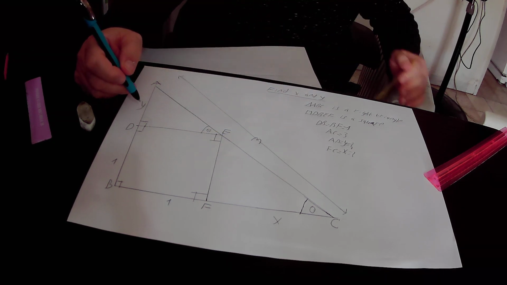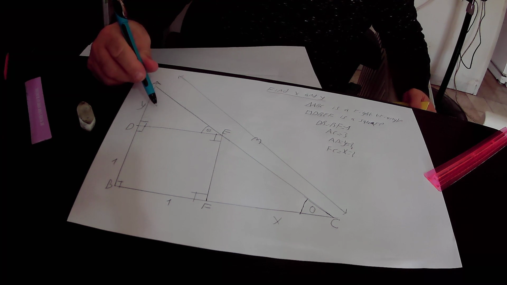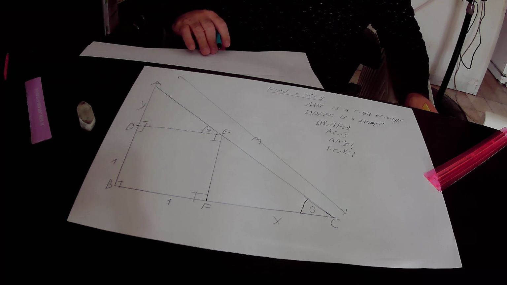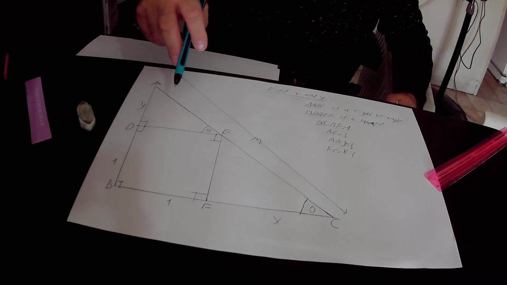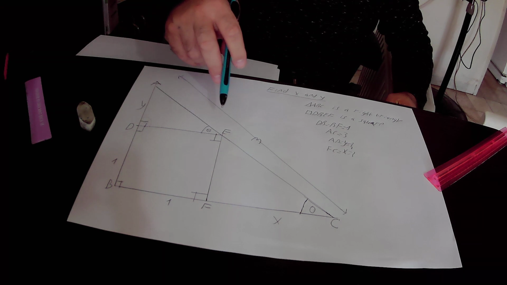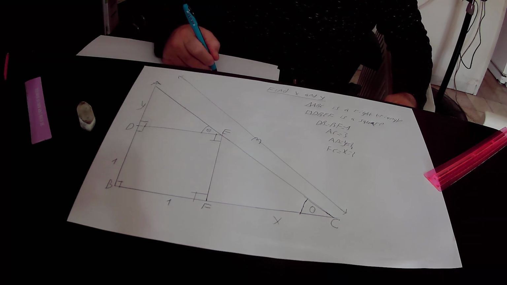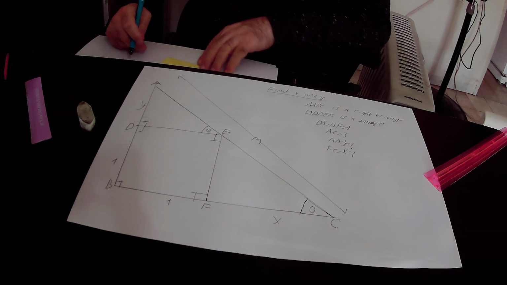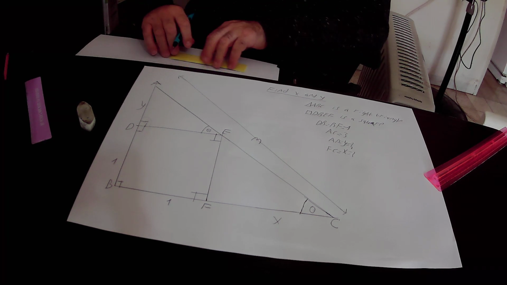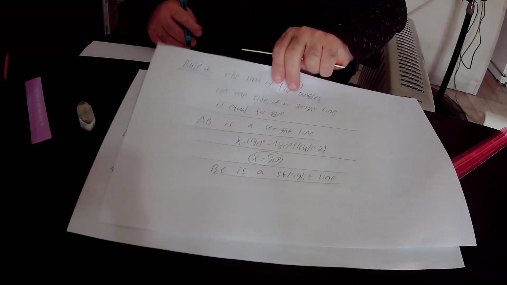Therefore, we can say also that triangle ADE is a right triangle. Likewise, BC is one side of triangle ABC, therefore it is absolutely a straight line. So BC is a straight line. Okay, BC is a straight line,